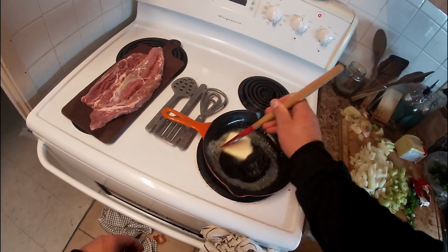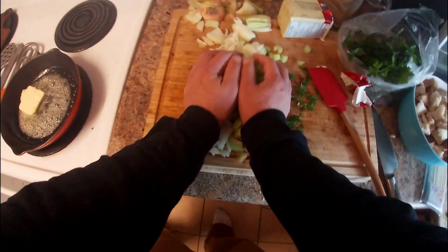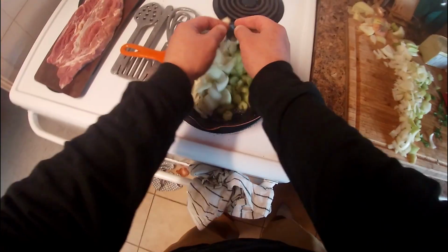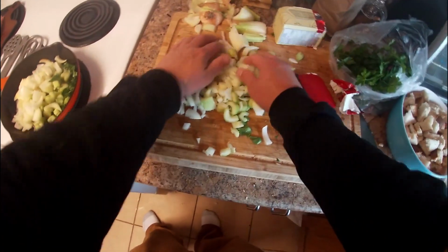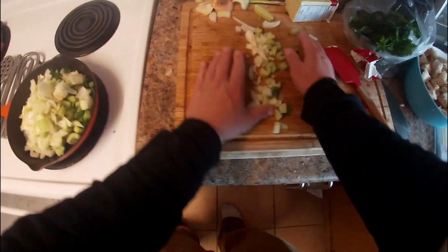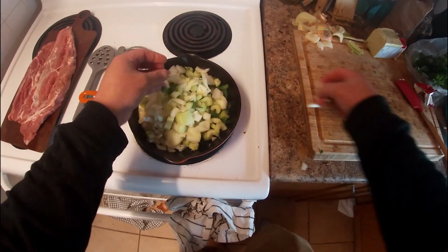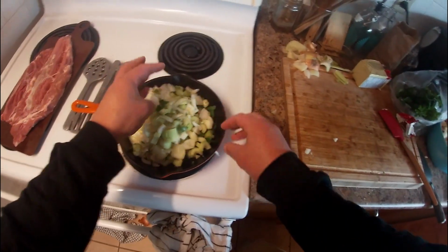And while that starts to melt, gonna throw in our veg. We actually might need a bigger frying pan. That's okay. We'll put it all in there, and we're not gonna cook it. We're not gonna get it cooked. We're not gonna saute it. The idea is to get all the butter melted and to get the veggies kind of warm, but not cooked,